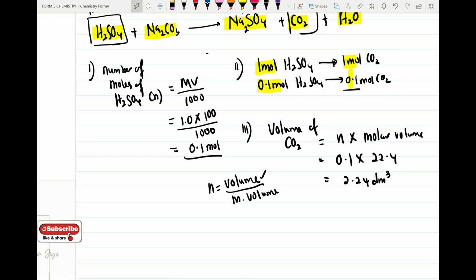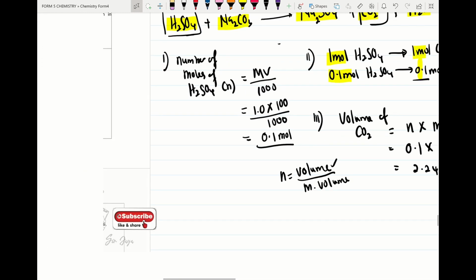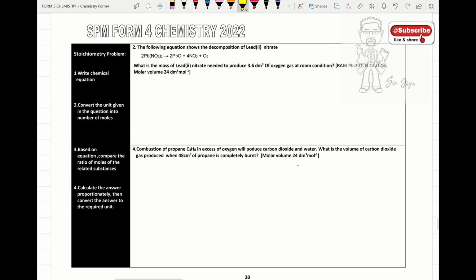Alright, so please remember the stoichiometric calculation and do more questions on this part. We try to do a few examples of stoichiometric calculation. In order to do the stoichiometric calculation, first we have to write the chemical equation, convert the unit given